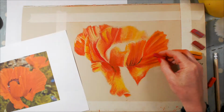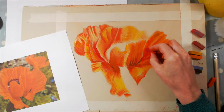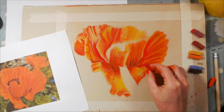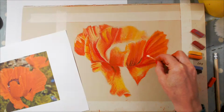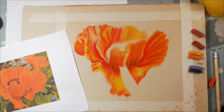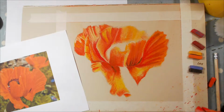I'm getting some darker tones kind of coming up. And then just doing the same on